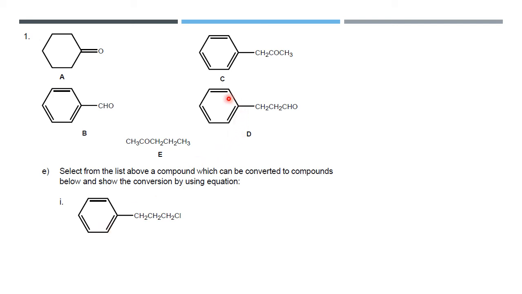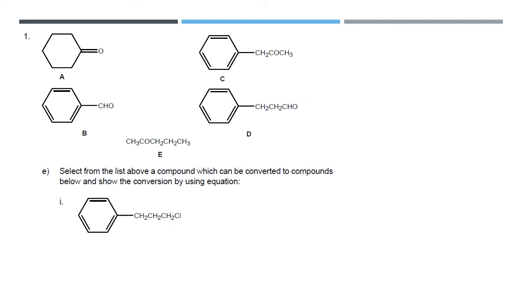Because it has a benzene ring, yes, that's the first one. And then it has 1, 2, 3 carbons, where the carbonyl group is at the end of the compound. So from this